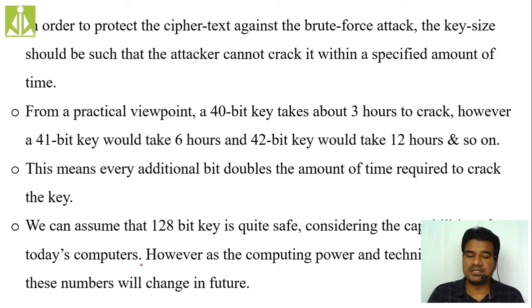Here you can read that statement. Every additional bit doubles the amount of time required to crack the key. We can assume that a 128-bit key is quite safe. So simply to crack this 42-bit key, it is taking 12 hours. Like that, if you keep on doubling, and if you reach this 128, the time will be in